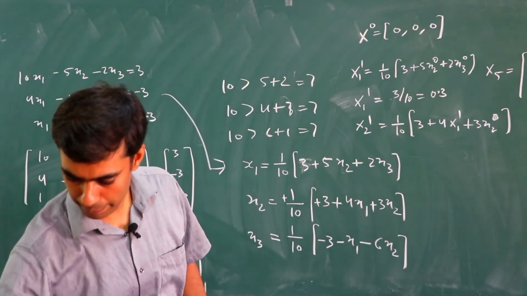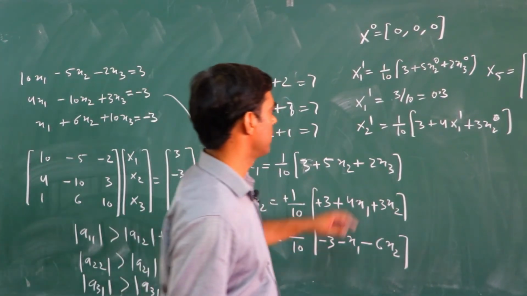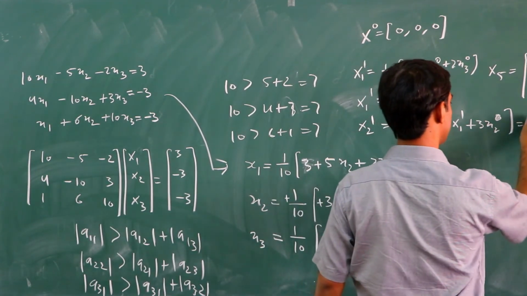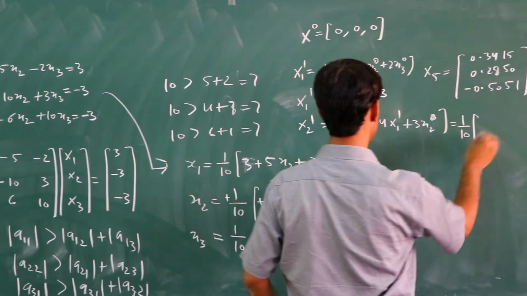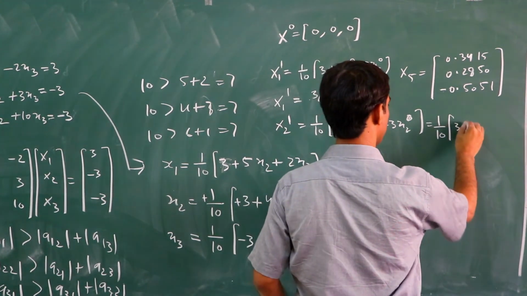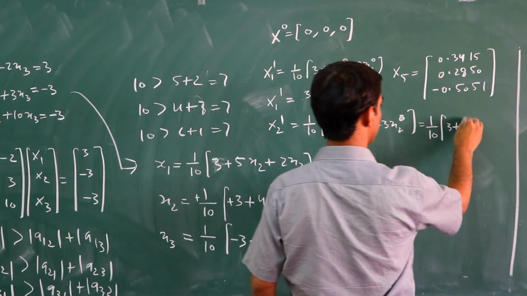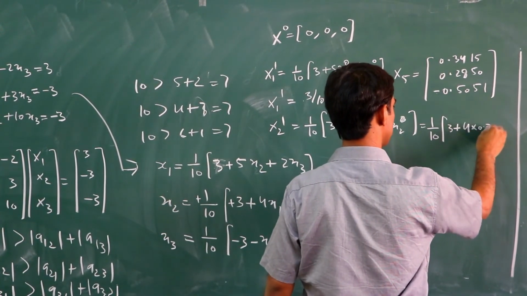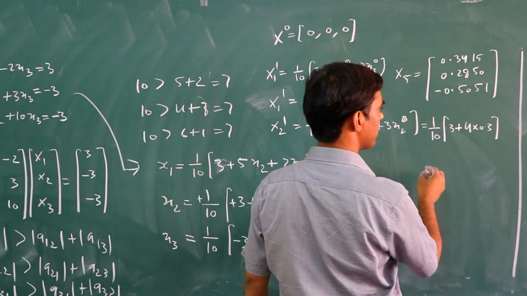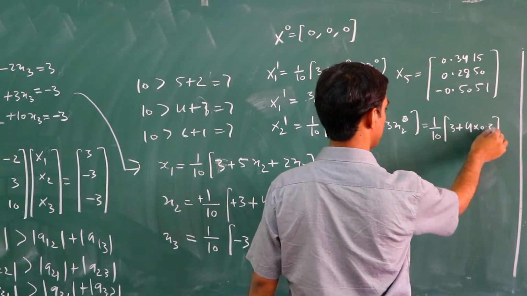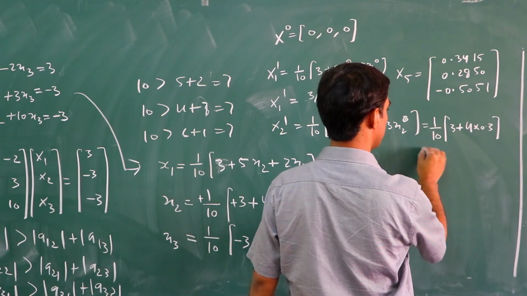If we simplify this, it becomes 1/10 (3 + 4 × 0.3). So if we simplify this, it becomes